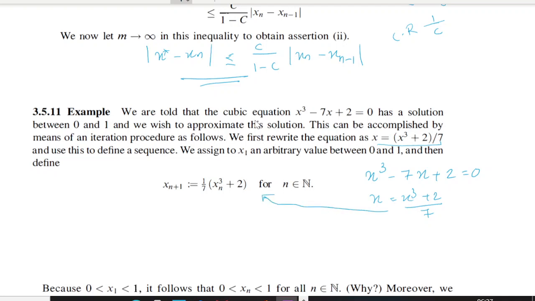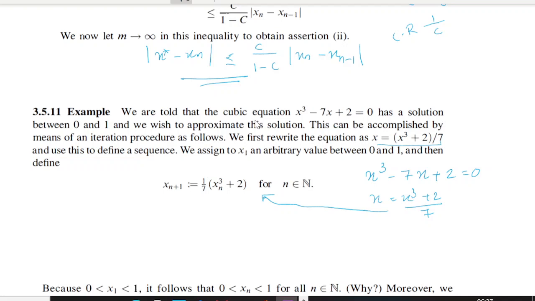So the nth term of the sequence is x_{n+1} = (1/7)(x_n³ + 2) for n belongs to N. Right? So for the first term, suppose you put n equal to 1,